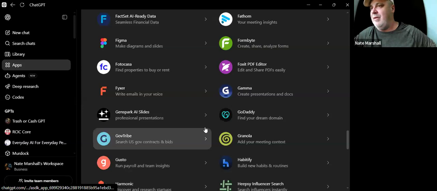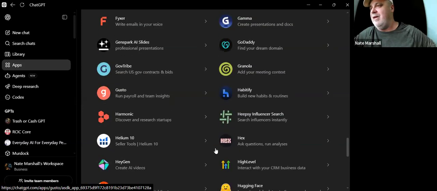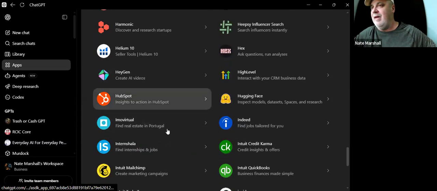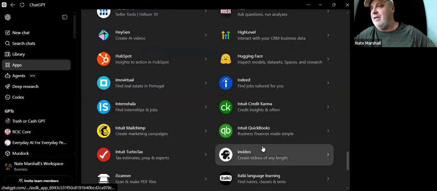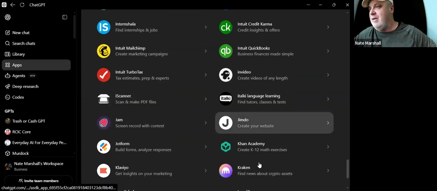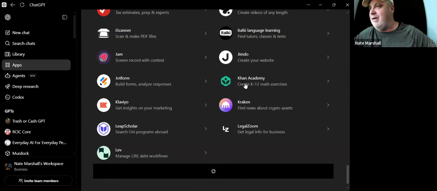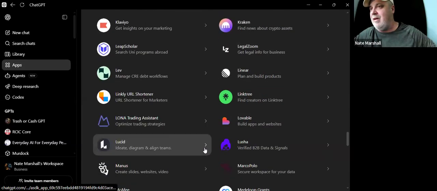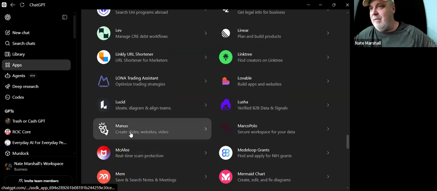Obviously GoDaddy if you want to build a website. I actually recommend Netlify and Namecheap if you want to build a website, but GoDaddy and Network Solutions are all in here. HubSpot, Intuit, all the Intuits, QuickBooks, they've got MailChimp, TurboTax, Khan Academy. If you have children, they do K-12 math, a lot of good math training. Linktree, if you guys want to set up one, I need to set up a Linktree anyway. I've got so much stuff. Manus,